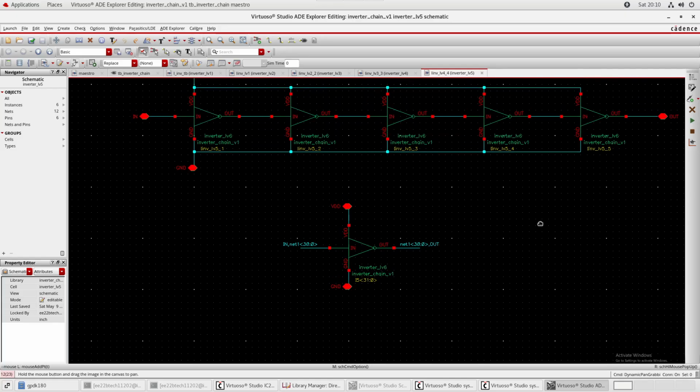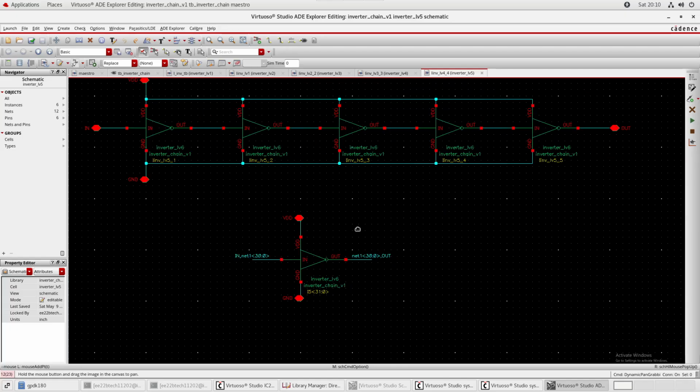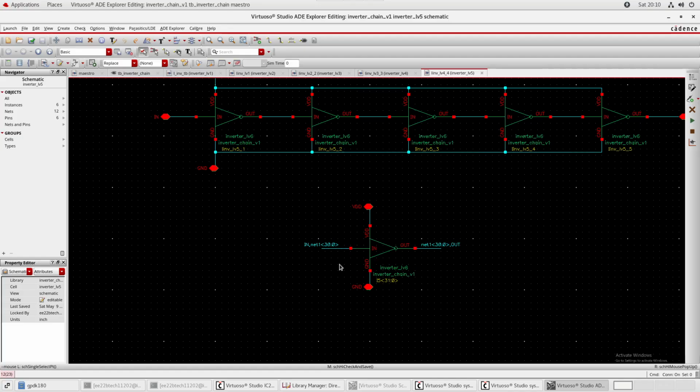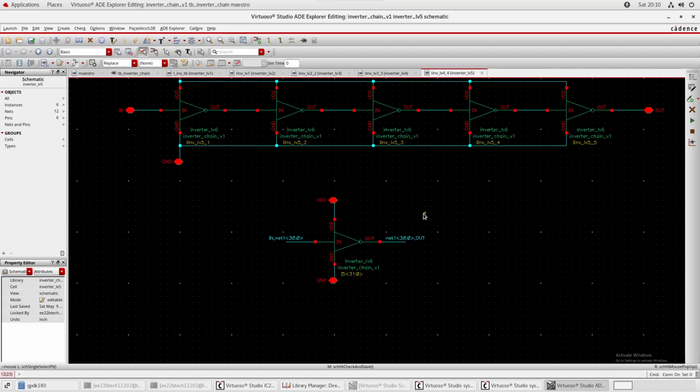Okay, yeah. So all of these nets, they're connected somewhere. So that's why we are not getting that no con warning here. So this is about buses. But you have to be really careful when you're using buses like this, multiple instances of your design like this,